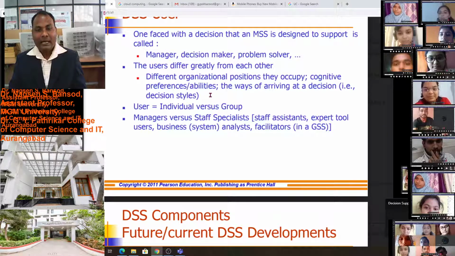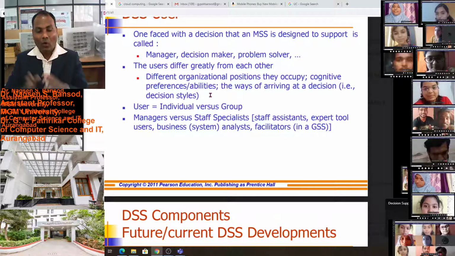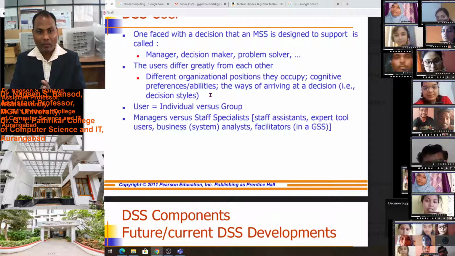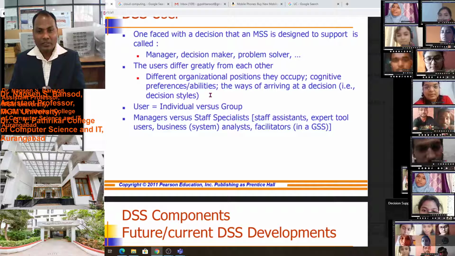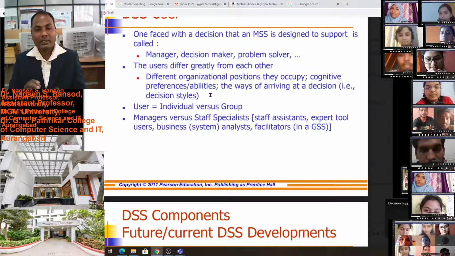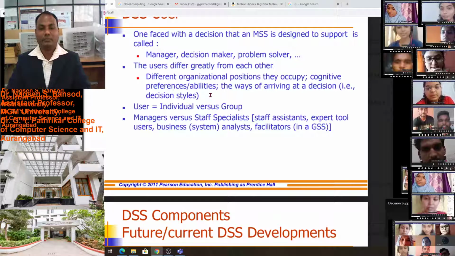And analyst, facilitator, like group support system, all these will be managed with the help of the decision support system. All these people work under one umbrella, that is the decision support system.